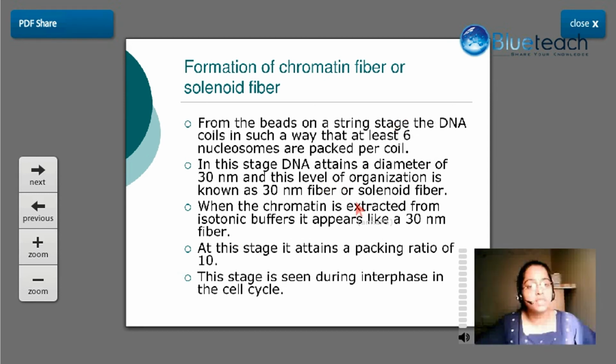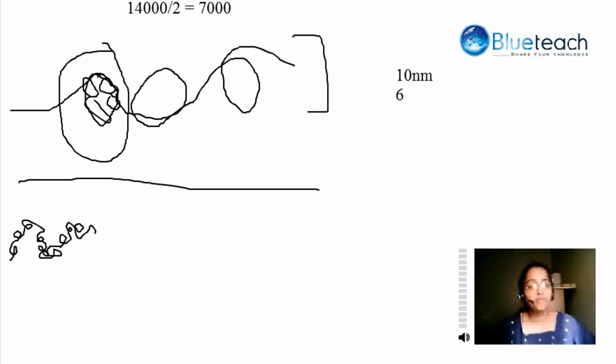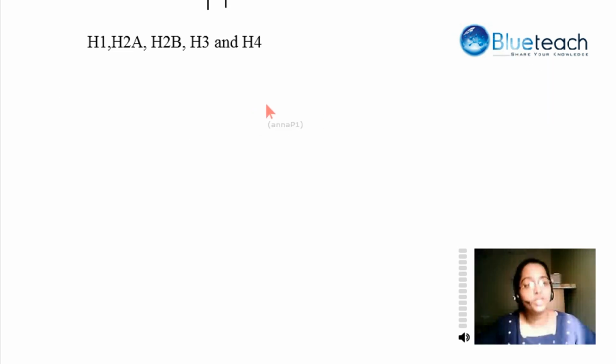When the chromatin is extracted from isotonic buffers, it appears like a 30 nanometer fiber. At this stage, it attains a packing ratio of 10. So here we can see that the packing ratio has increased from 6 to 10. This stage is seen during the interphase stage of the cell cycle. So during the interphase stage, that is during the preparatory stage of mitosis, before the actual cell division, the cell prepares itself. During this preparatory stage, the chromosome